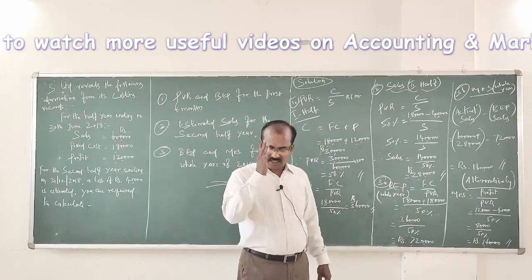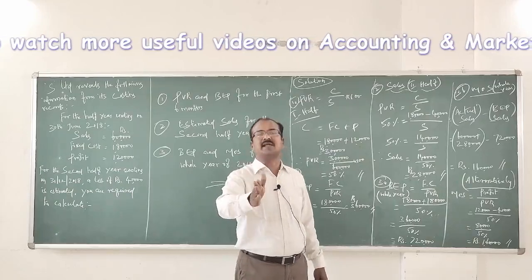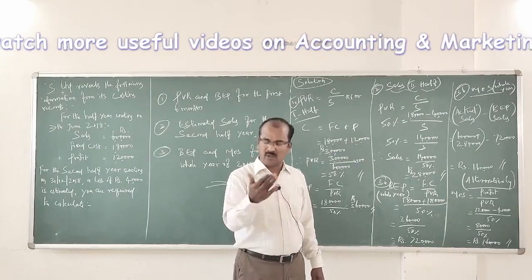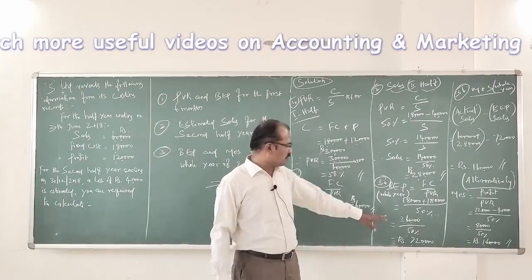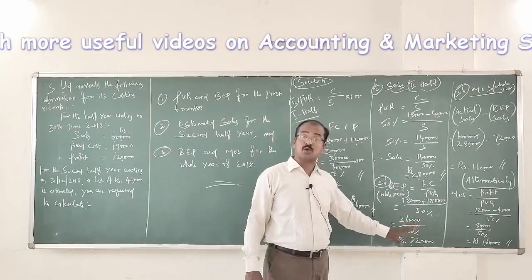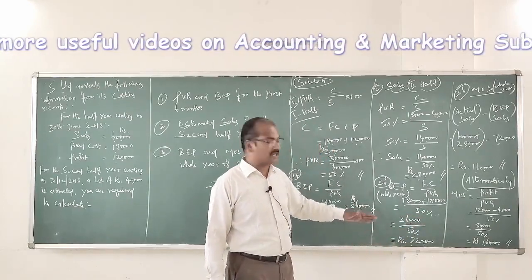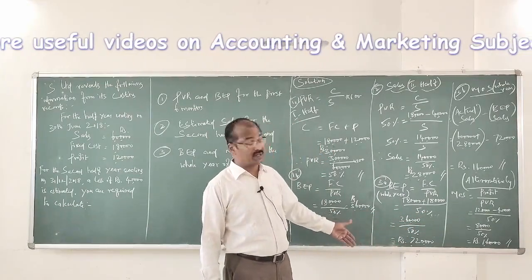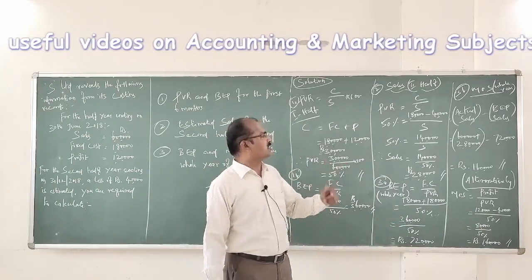As I said, once again I tell you, when there is no change in variable cost and selling price in the two periods or in the whole year, you don't find any change in PVR. So PVR is also going to be the same. So 3,60,000 rupees total fixed cost for the whole year divided by PVR 50%. What is the break-even point for the whole year? 7,20,000 rupees. Simple.